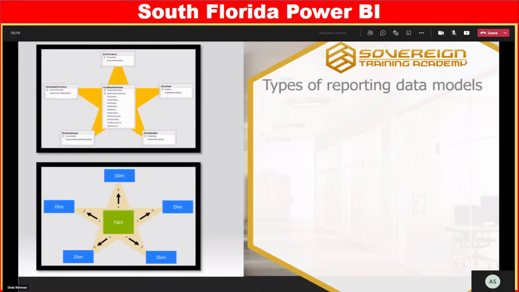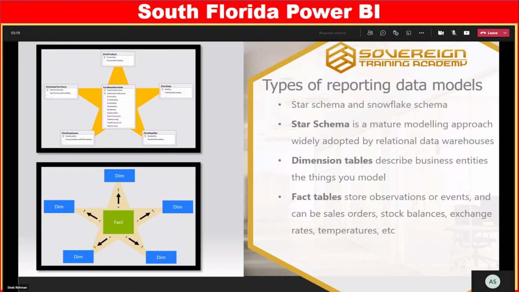So what types of reporting data models are there? There's a couple that we want to focus on here. The main ones are the star schema and the snowflake schema. The star schema is a mature modeling approach, and it's widely used within the industry. And someone called Ralph Kimball, I think his name was,